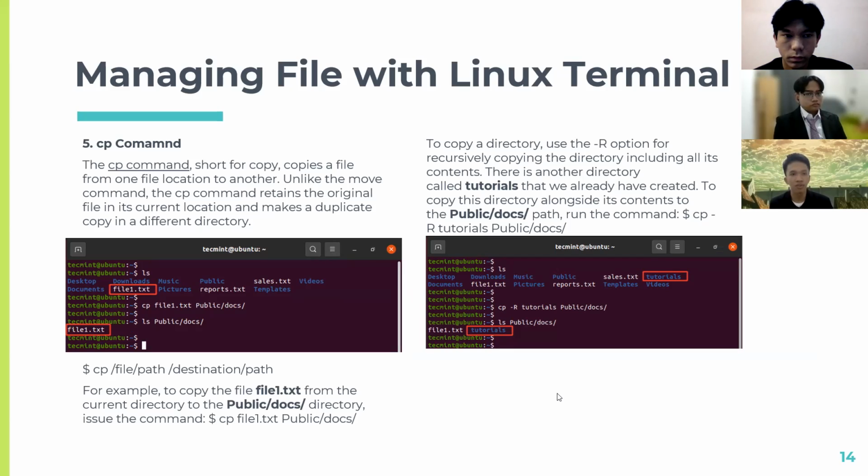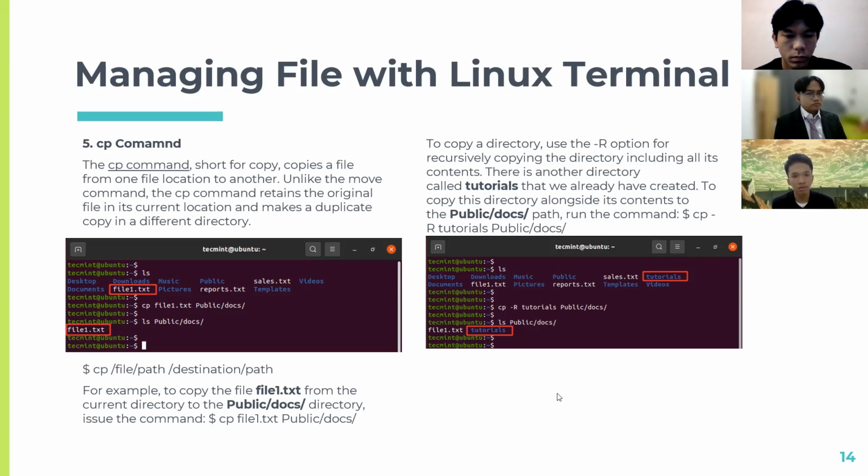5. cp command. The cp command, short for copy, copies a file from one file location to another. Unlike the move command, the cp command retains the original file in its current location and makes a duplicate copy in the defined directory. The syntax is cp file destination.